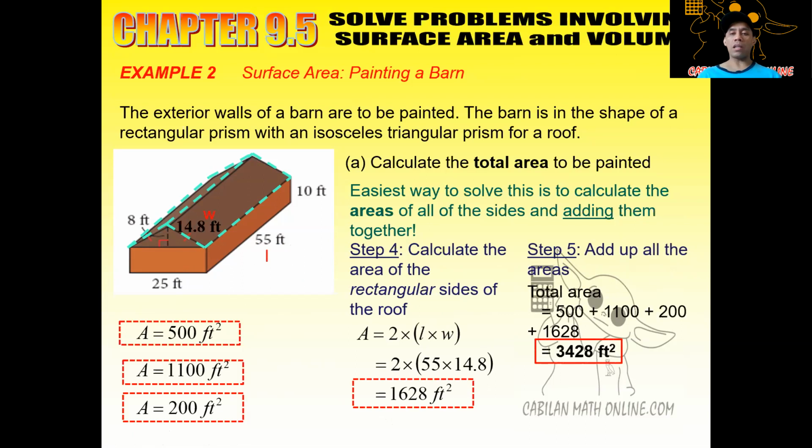All right, and that's going to give us a total there of 3,428 square feet. Okay. So notice what we did here. We calculated the total area first, because now what we have to do is take this answer to answer the following question. So the next part of the question over here